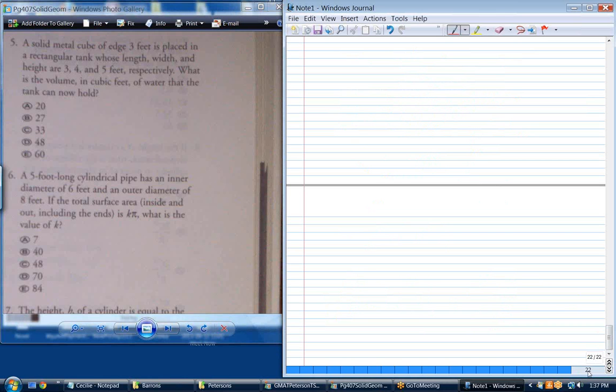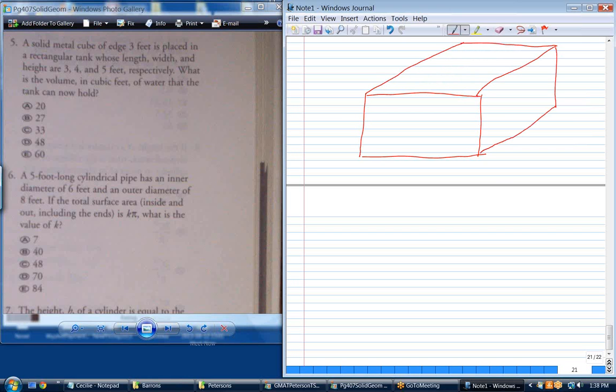Another cube. They're big on cubes. Okay, so a solid metal cube of edge 3 feet. First of all, let's draw our rectangle. There's our rectangle. This rectangle is 3 by 4 by 5. And they're saying that if we place a 3 by 3 by 3 cube